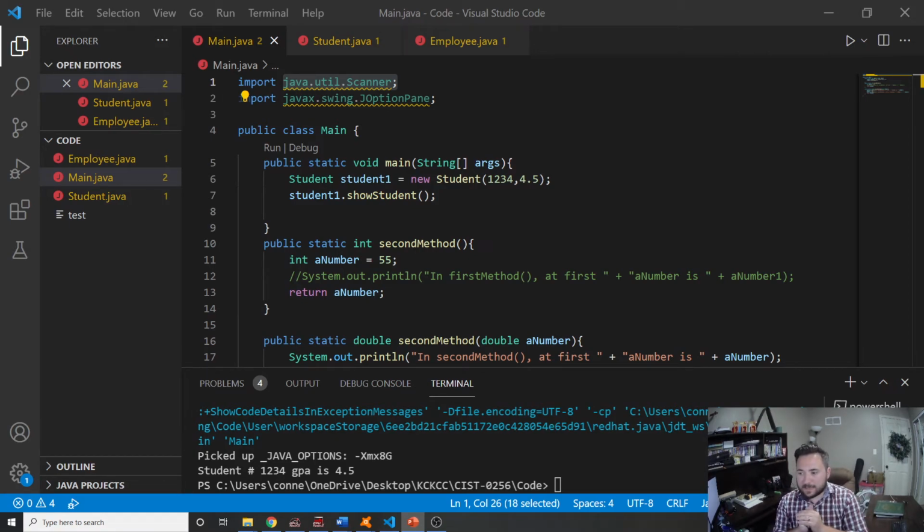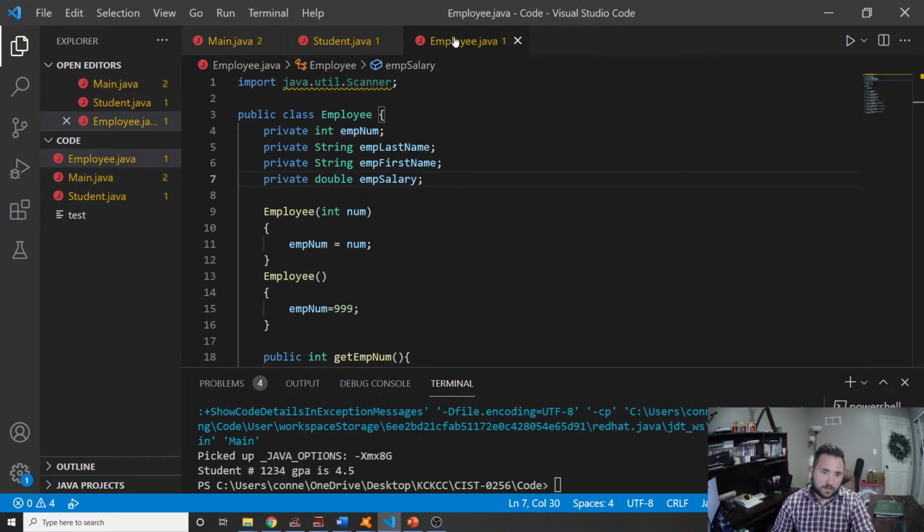When we talk about composition and nested classes, composition describes the relationship between classes and when an object of one class is a data field within another class. This is called a has-a relationship because one class has an instance of another. So I'm going to test this out real quick. We have Employee. So if I did,